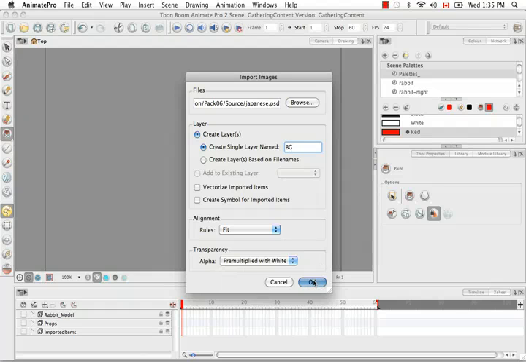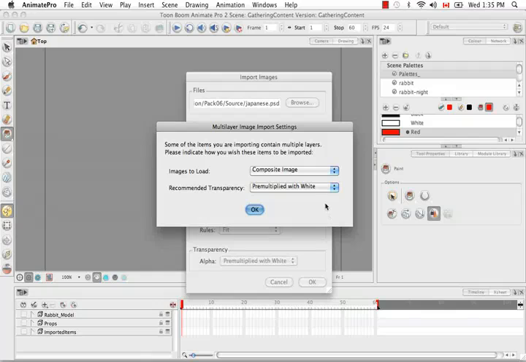So I'm going to press OK, and I get a second dialog box, the multi-layer image import settings. And what this is asking me is if I want to load the images as a flattened image, which is what composite image means, or all layer images, which means all those layers that were separated in Photoshop into groups will remain as separate layers. So that's what I'm going to select. And you also have the recommended transparency, which is straight, and you have the same four options that you have in the regular import images dialog box under the transparency section. So I'm going to say OK,